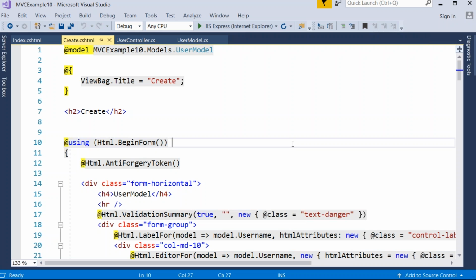In the 11th and next examples also, it will take more time. The 11th example will take 3 or 4 classes. Other examples also will take more time for explanation and execution.